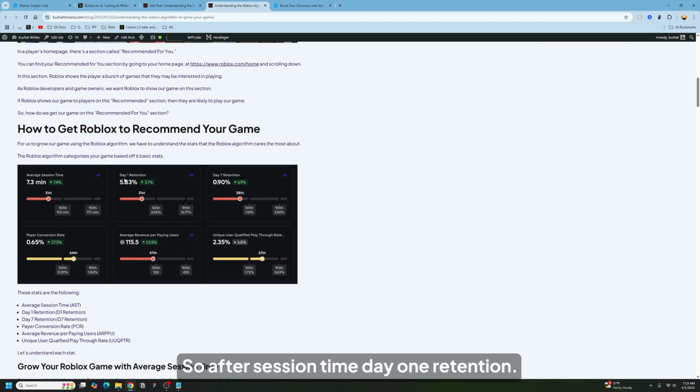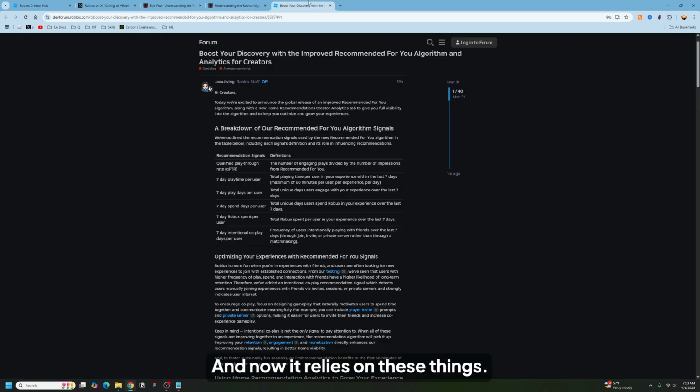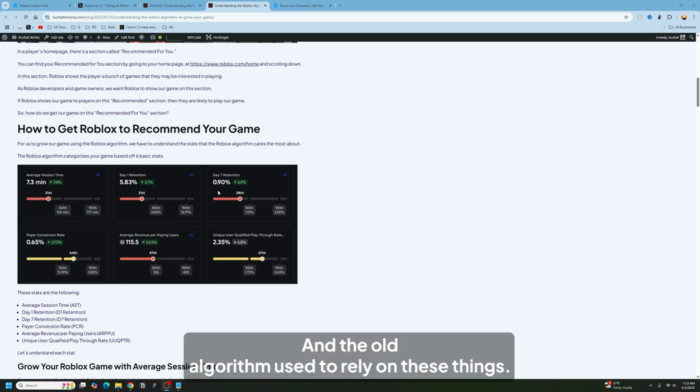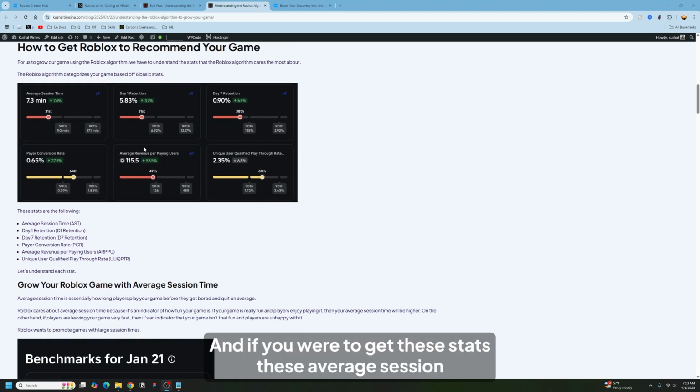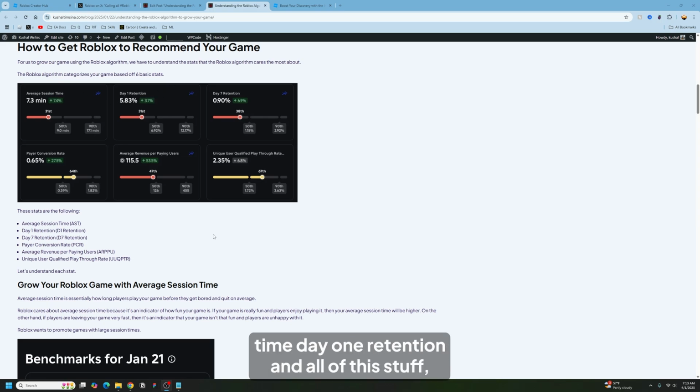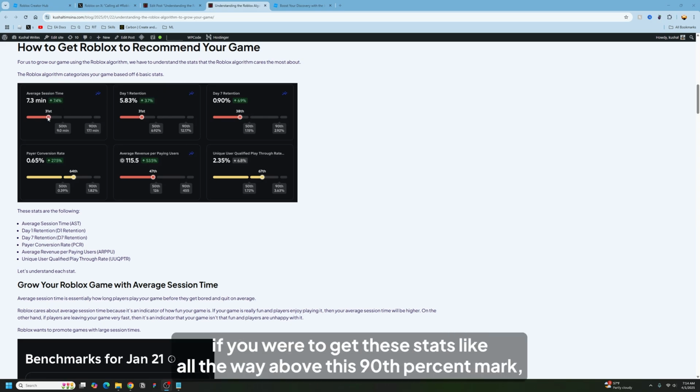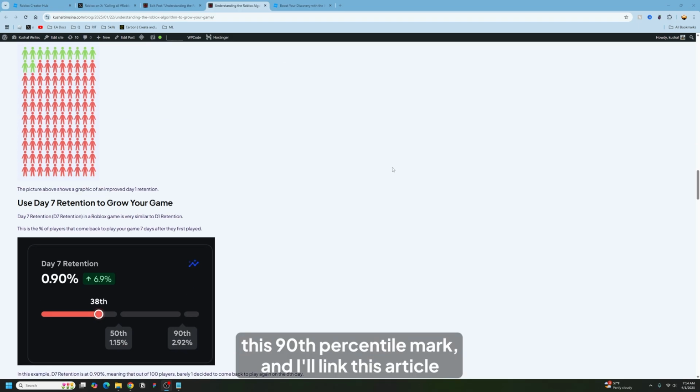So average session time, day 1 retention, day 7 retention, all of these things. And now it relies on these things, and that's the change. And the old algorithm used to rely on these things. And if you were to get these stats, average session time, day 1 retention, all of this stuff, all the way above this 90th percentile mark,